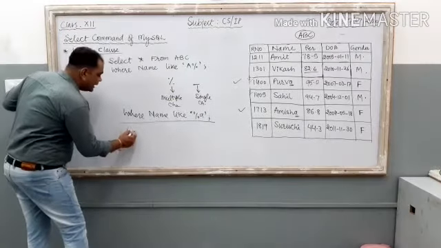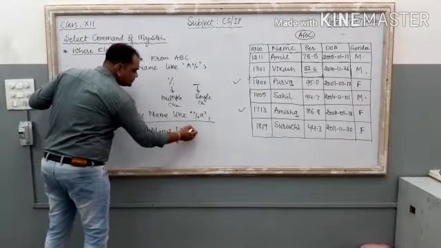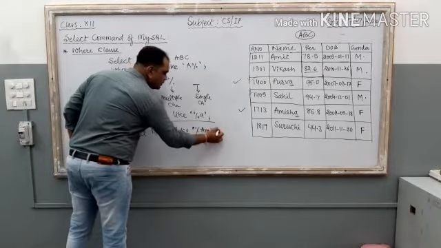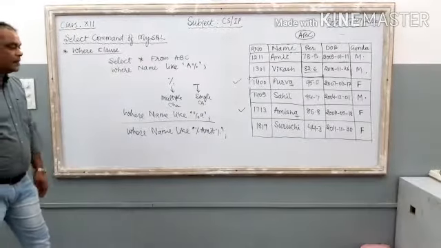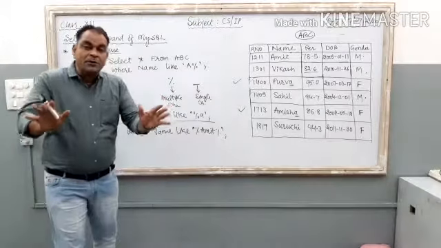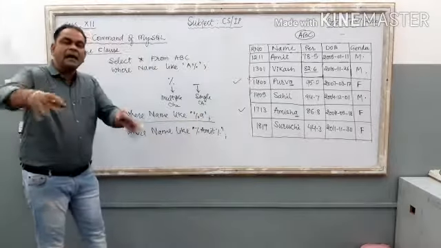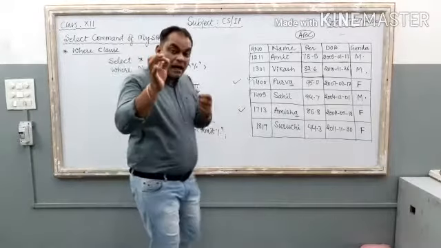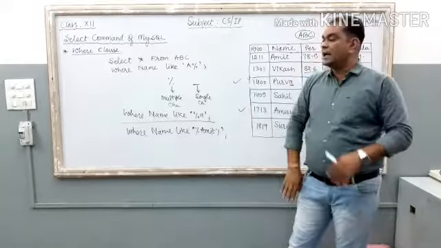If I write the command like this, where name like percent Amit, then percent. Now what will happen? How many records you can filter from the table? Percent Amit means Amit name is there at any position in the name column of the ABC table. Before Amit, any multiple alphabet can be there. After Amit can be there. So Mr. Amit, it is also selected. Amit Kumar Jain, it is also selected.